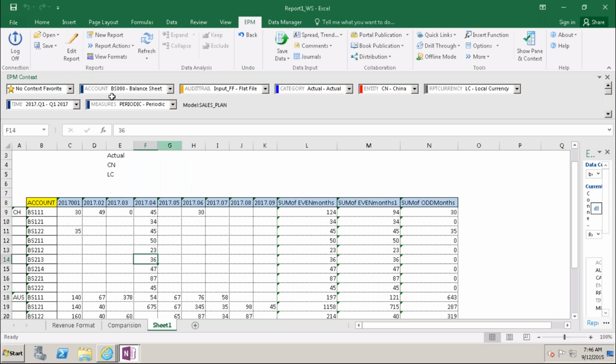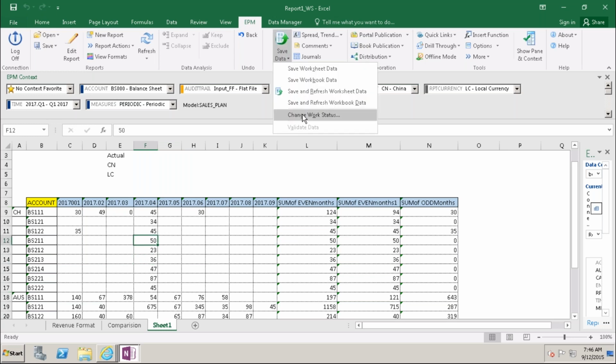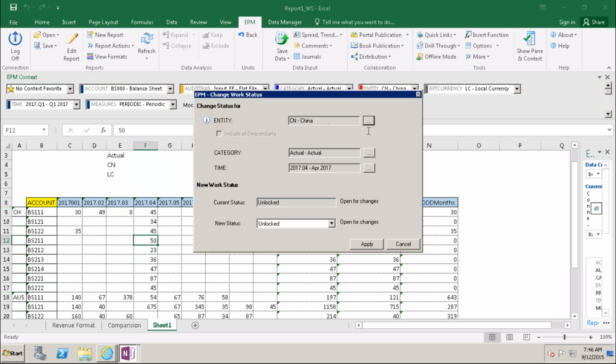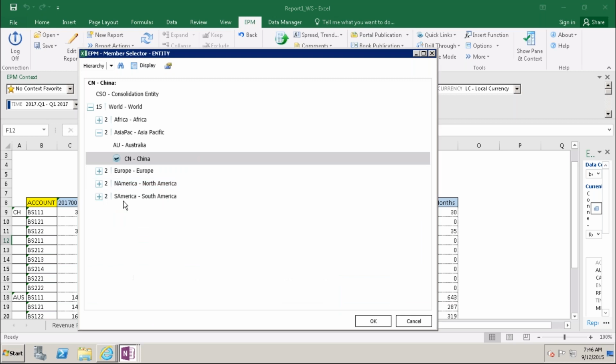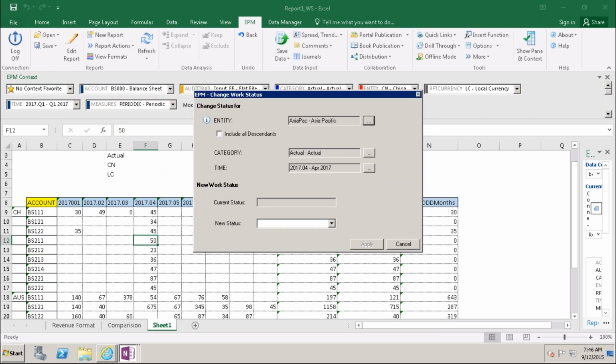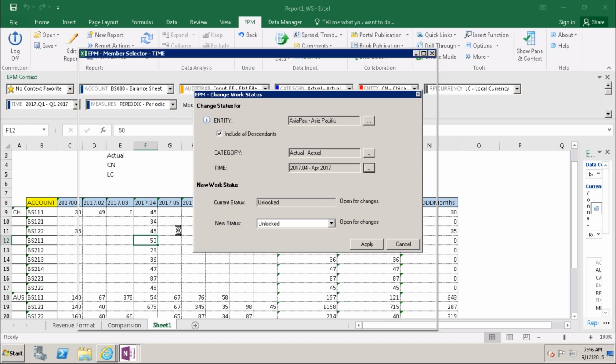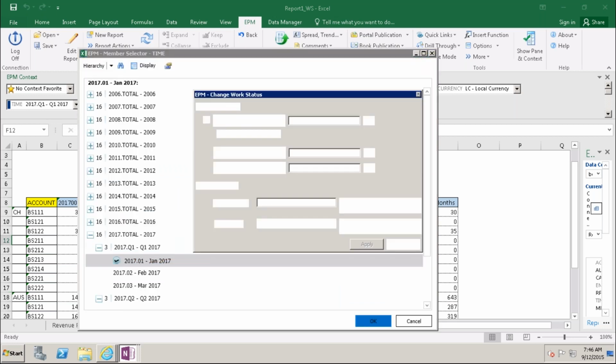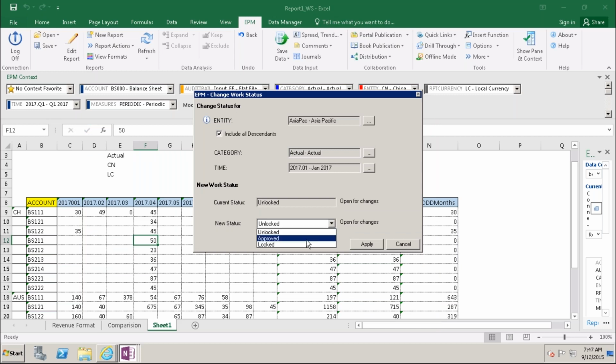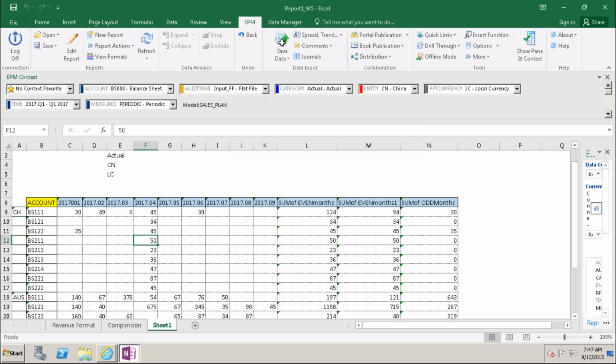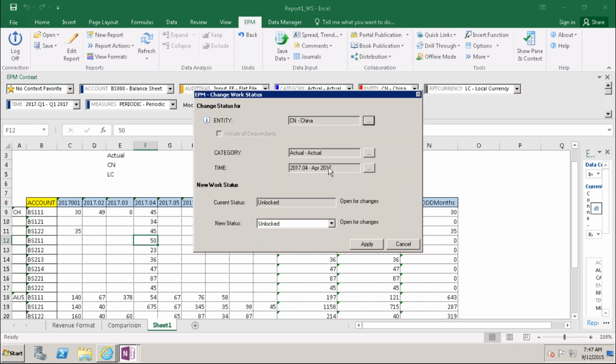Now I am going to check, open this input form. I checked now. Here 50 is the fine number for me, so I am going to approve this. For this, I will go to my parent level, including, and I will check. Here I don't get any submitted button. Approved. So I will approve the data and lock it for all users. Apply. Just go to refresh and check whether this is approved or not.